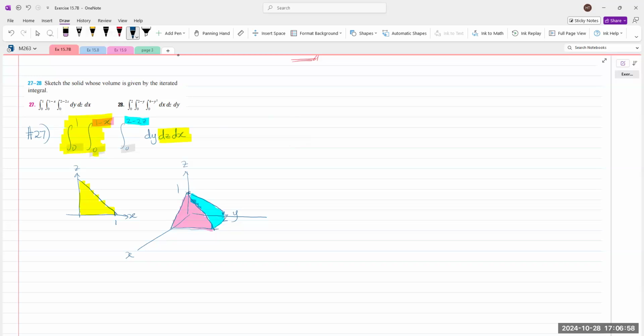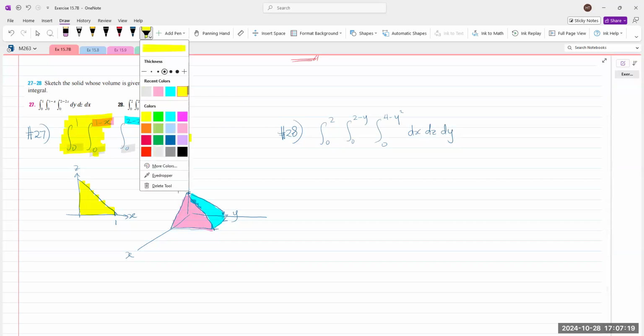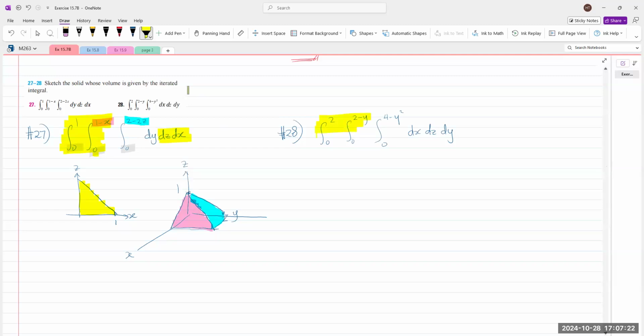Let's see number 28. Integral from 0 to 2, integral from 0 to 2 minus y, and then integral from 0 to 4 minus y squared, dx, dz, dy. Let's do the outer two integrals so that we get, quote-unquote, the domain of integration. The domain of integration is supposed to be